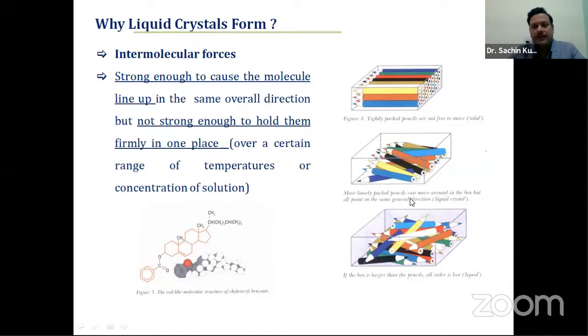Therefore, there is a formation of a new phase that is intermediate between liquid and crystal, called liquid crystalline phases. And this is a monophase, meaning this is not a hybrid material. This is actually an intermediate phase between crystal and liquid. So in general we can define it, but yes, there are various definitions and various theories. Many communities, many scientists of different fields are involved here. Therefore, I am commonly defining it according to the intermolecular forces.